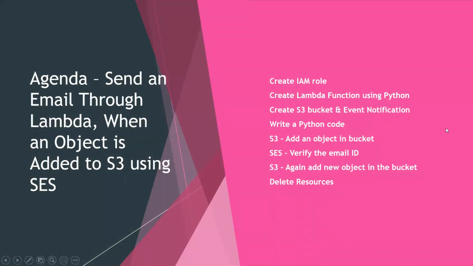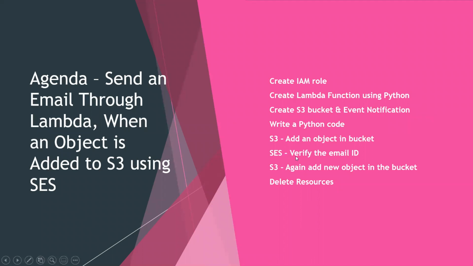The agenda for this POC is: first, we need to create the role for the Lambda and create a Lambda function, and we will be using Python code here. After that, we will create an S3 bucket and configure the event notification in the S3 bucket. Then we will write the Python code, which we will use in the Lambda. After that, we will upload one document to the S3 and check whether